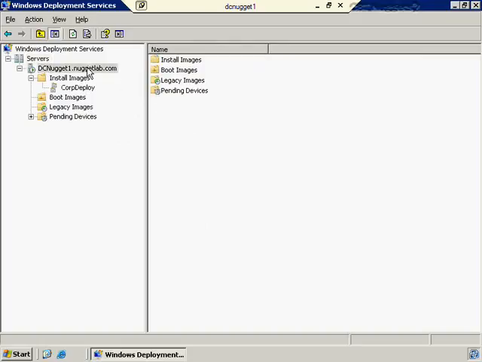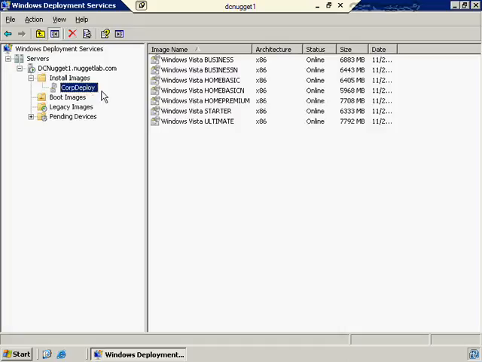Anyway, we get the server that we want included in this, and this is the one where I want to include all the images. And then I'll choose my install images. This is the foundation of WDS, these actual images that will appear. What happens with this then is that you install image groups, and these groups like this one that I've already